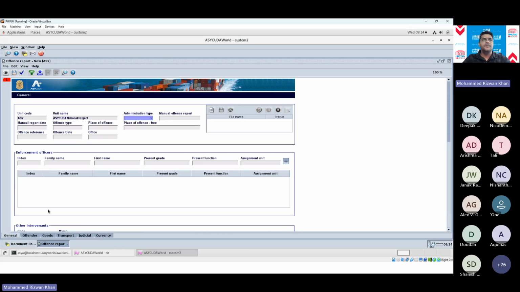Under general, you'll see unit. So this particular section is basically pulled. The unit code and unit name are pulled from your user. So even before actually using this, we need to configure all the users who will be capturing this offense and assign them to the different sections.